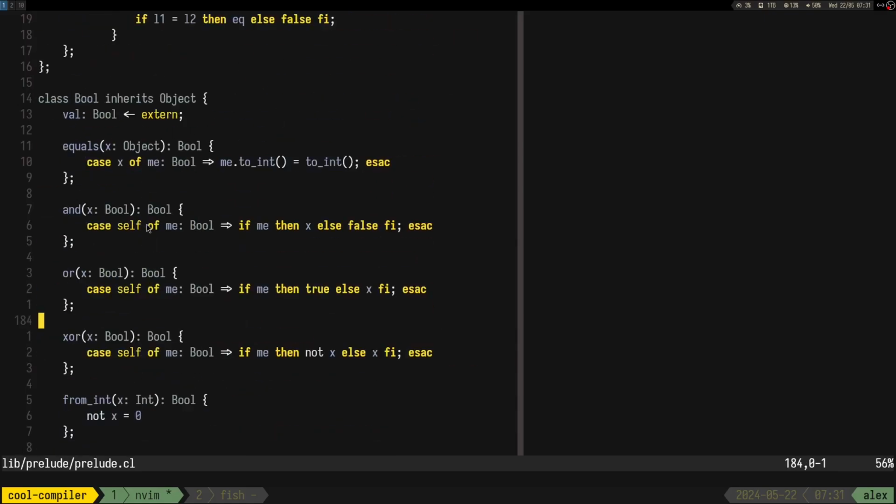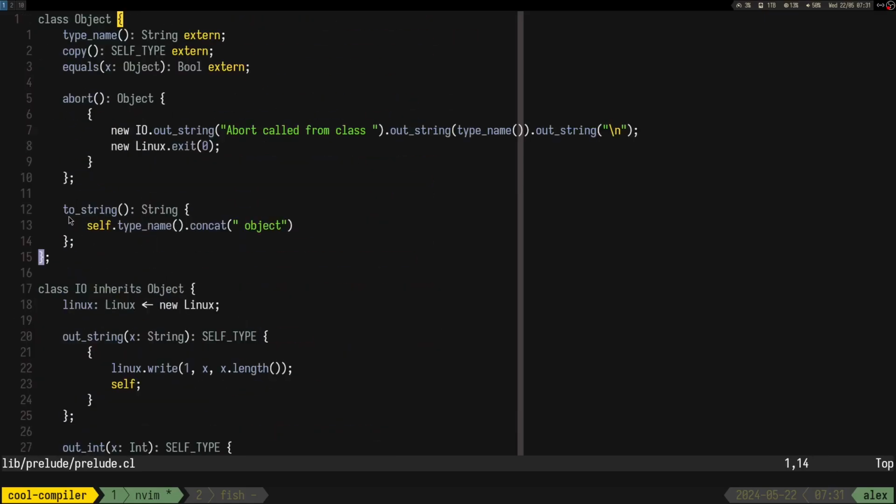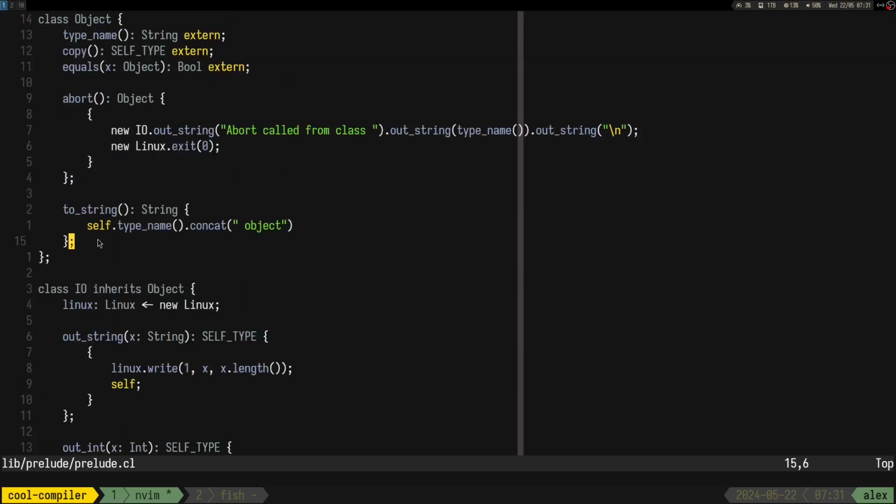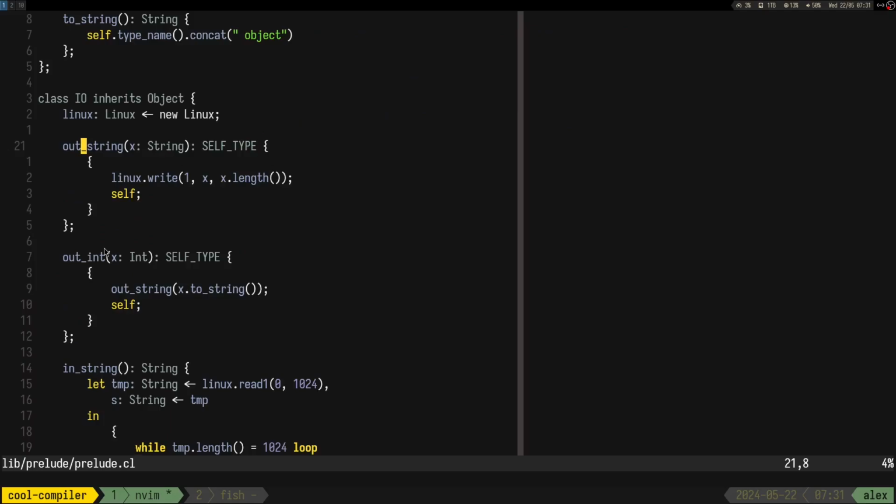I have this to string on object. Okay, which is pretty cool. Or I guess type name, but we can overwrite to string. That'd be cool.